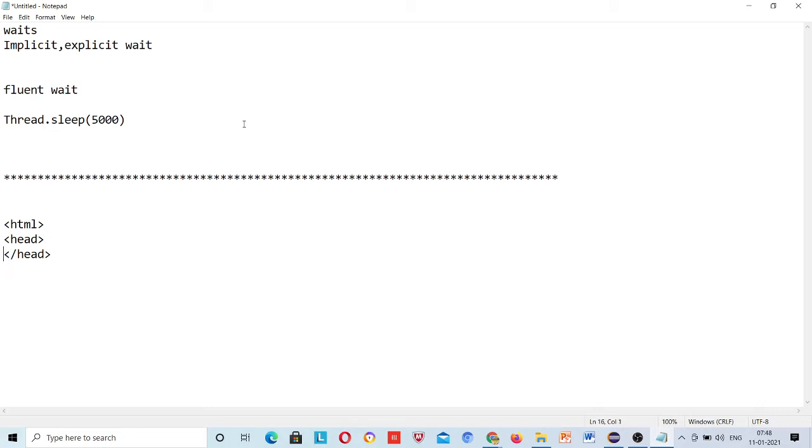I'm just preparing you for the understanding here. Suppose body. Okay, just prepare body and body close, and then HTML close.